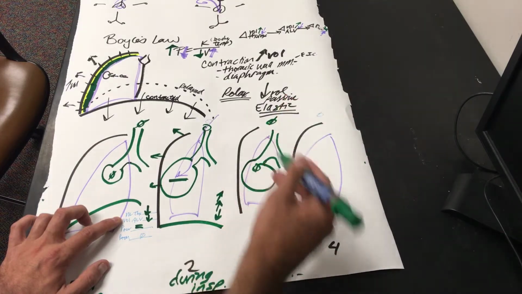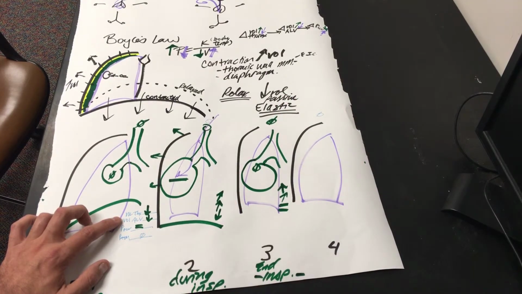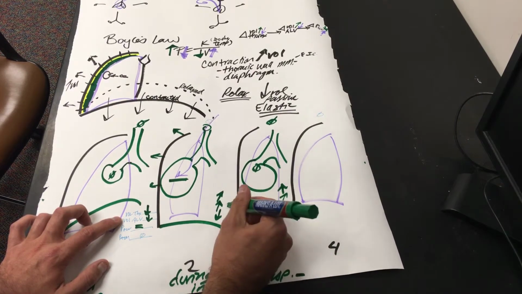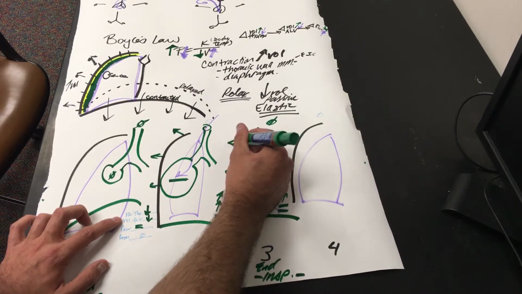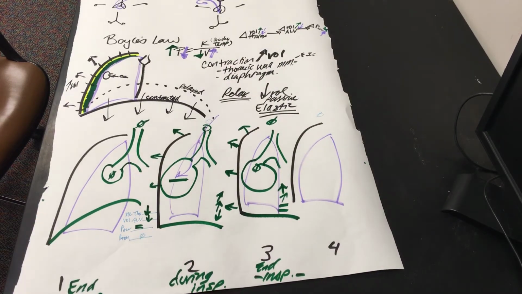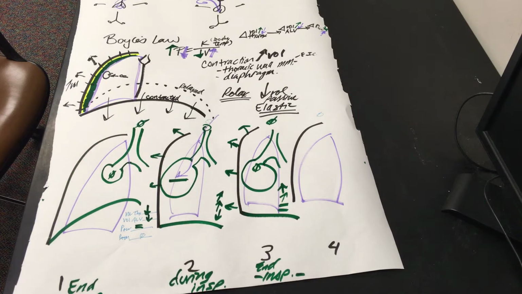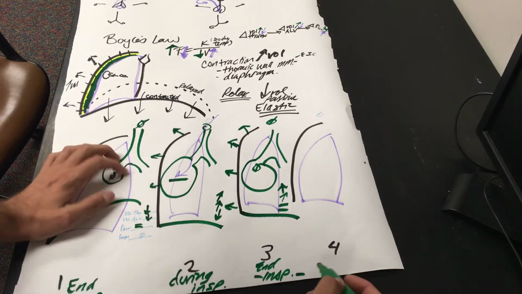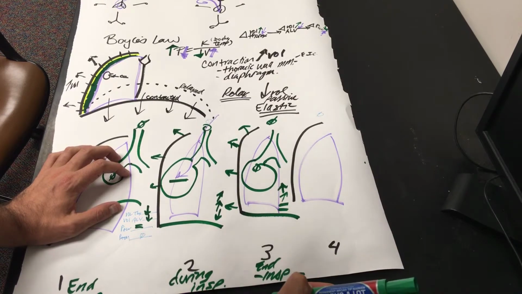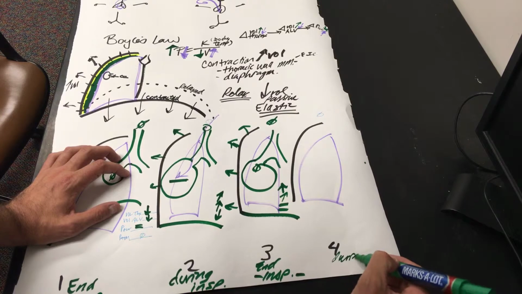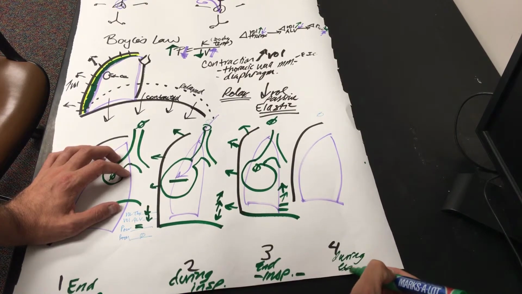And because it's equal, air movement stops, marking the end of inspiration. The diaphragm at this point is still down. The ribs are still up and out. The sternum is still anteriorly displaced, and the thoracic volume is high. At the end of inspiration, here, during expiration,